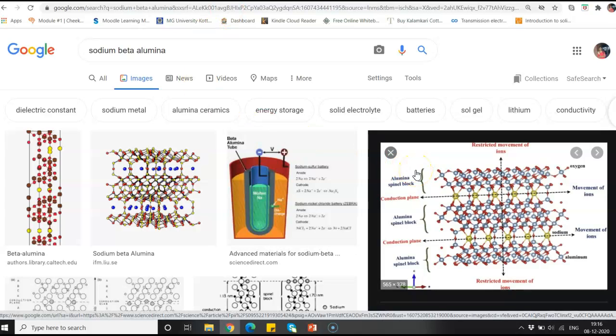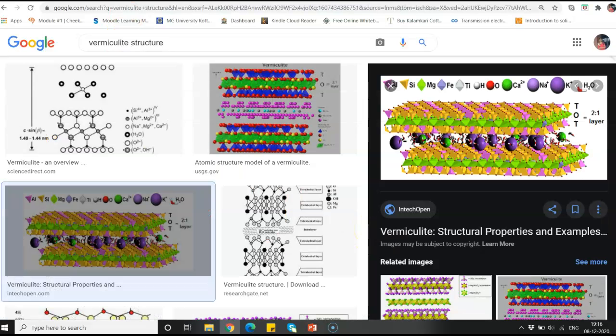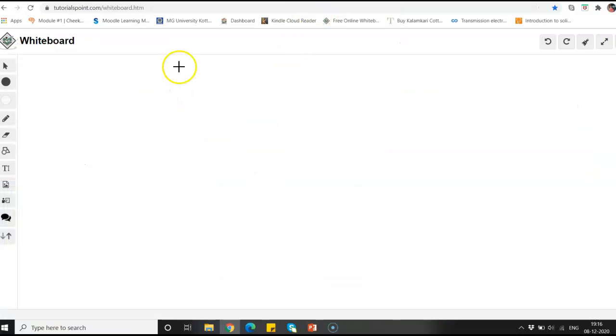This is an interesting compound because it has different alumina layers, and in between the alumina layers there are sodium ions, which undergo conduction in one single direction, so they can be used as electrolytes in fuel cells, other electrochemical cells, batteries, etc. So you have the structure of sodium beta alumina, vermiculite, talc, and mica, and our discussion will be mainly focused on